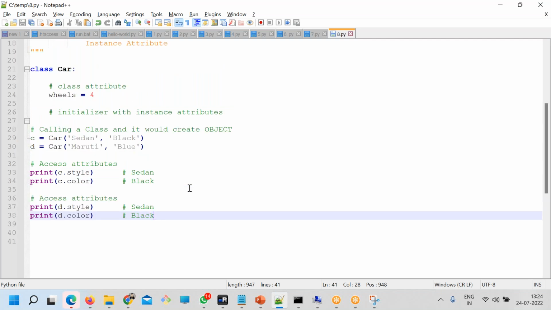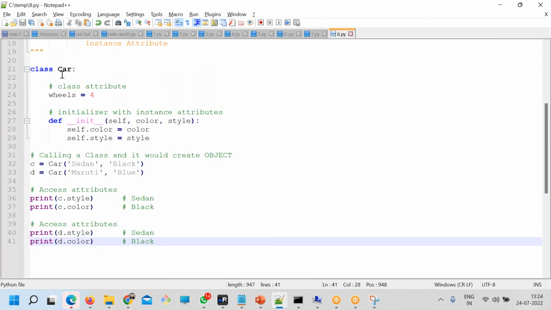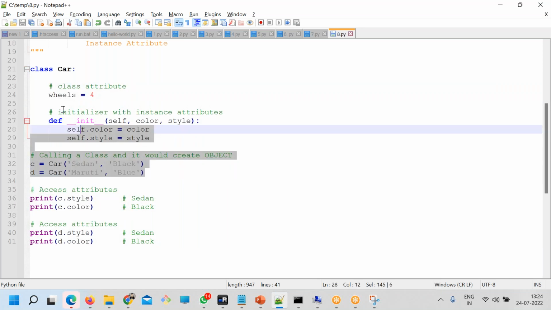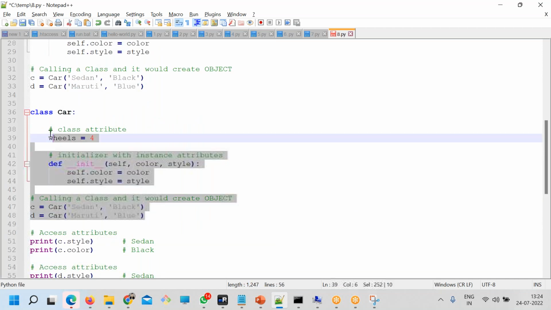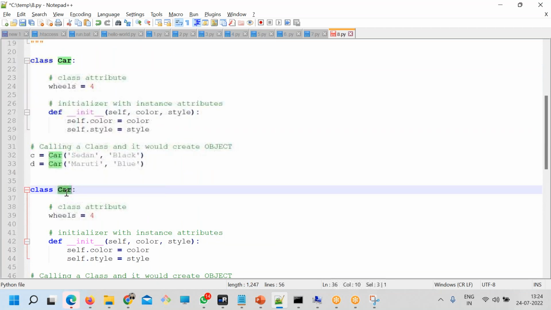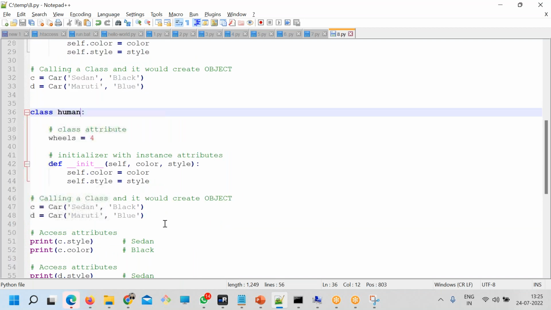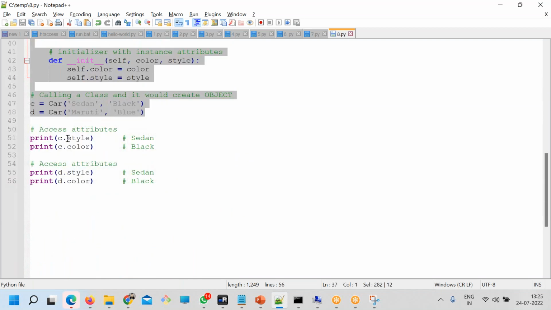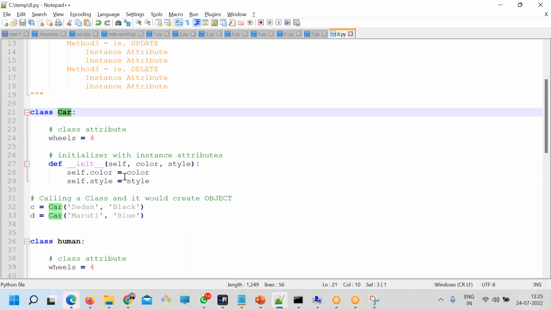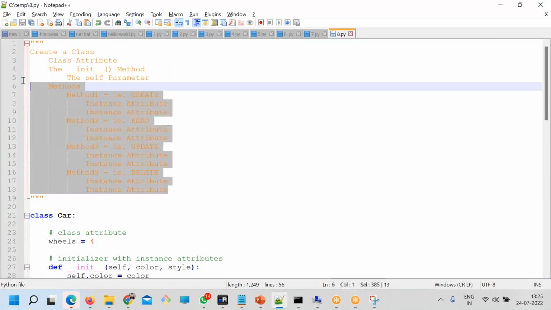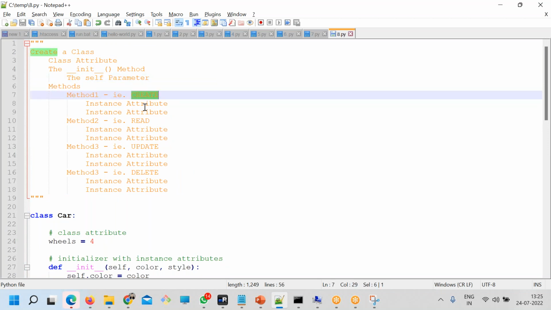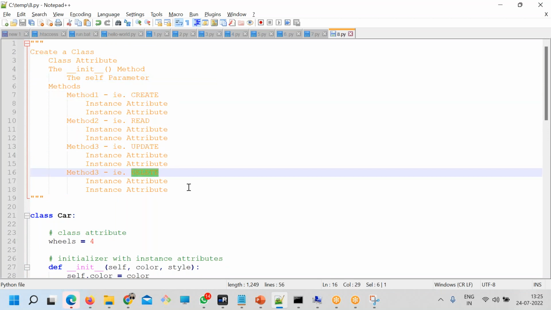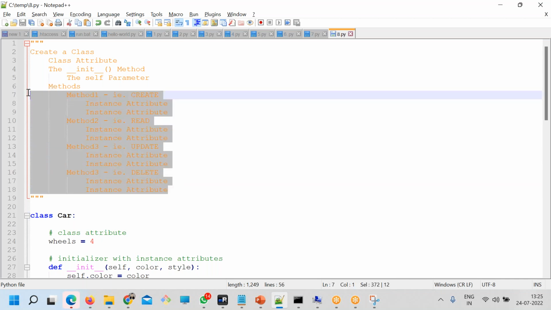Yes, class name. As I said, if you put everything in one file, that's up to you. But if you design with classes, then you have one class, and another class you create in another file. Here you are defining this class, and human is another class. So these are the two classes you define. Now you can call them. In a class you'll have multiple methods. Look at this: create a class, and the class will have multiple methods. Each method does create, read, update, and delete. These are the 4 functions you may have. This is a microservices concept.